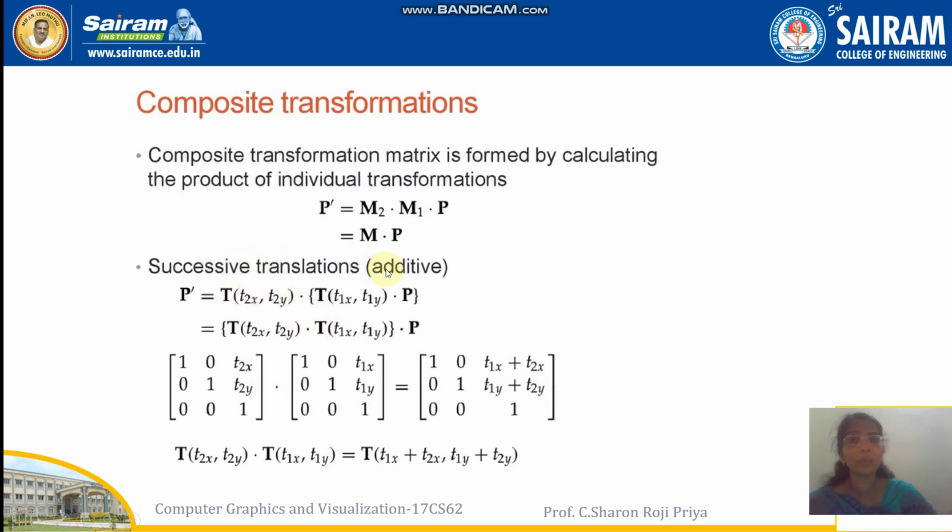That is, instead of performing translation two times, I can add all the translation distances along the x-axis and all the translation distances along the y-axis, and I can perform translation once. Right. Next is